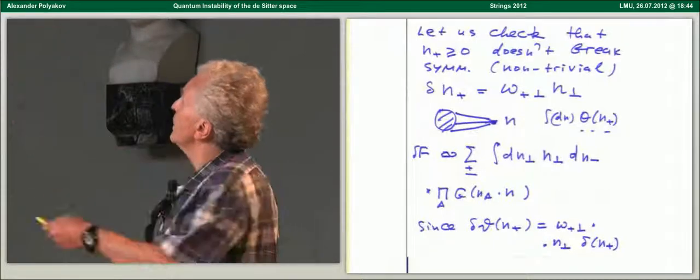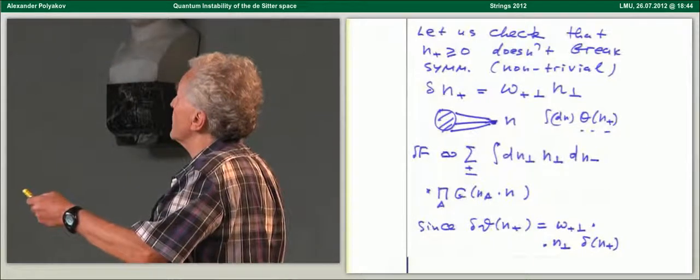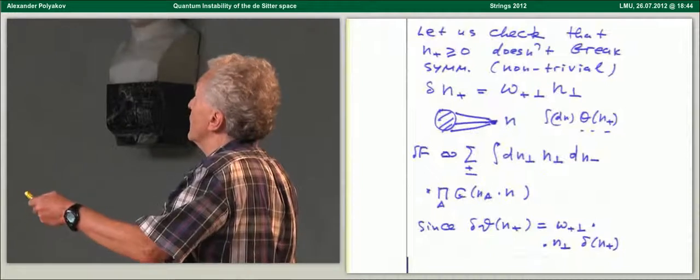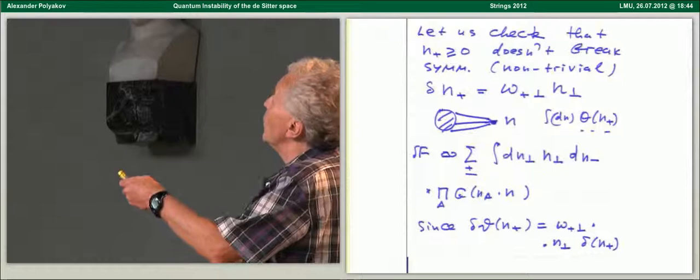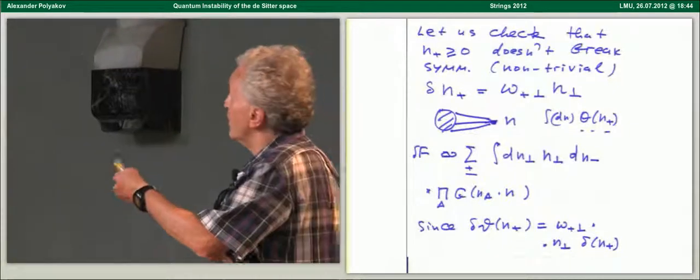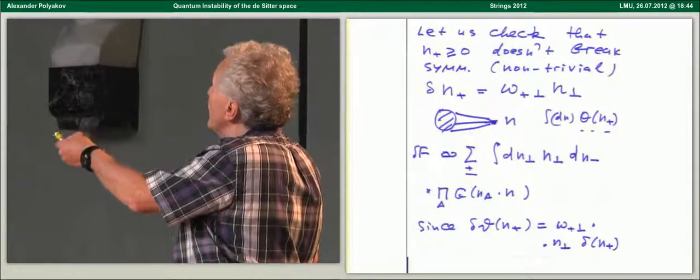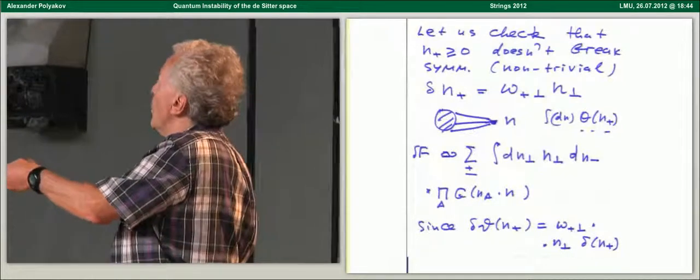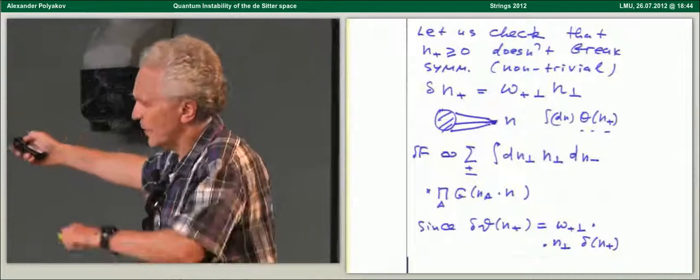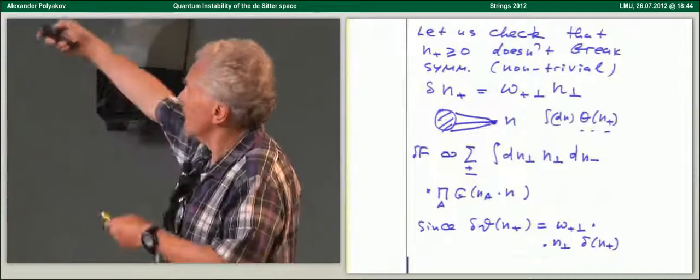You have to consider these non-trivial symmetry transformations, which a priori violate the de Sitter symmetry. But after some calculations, which I of course will not be describing,